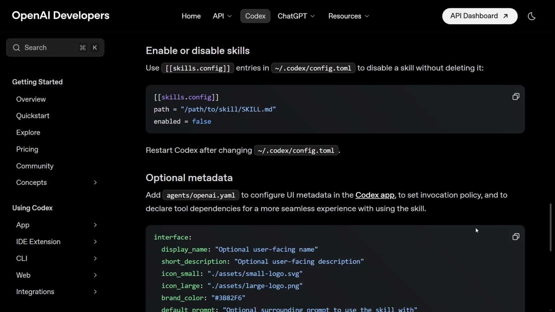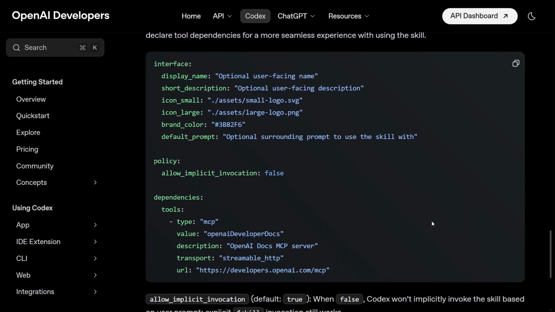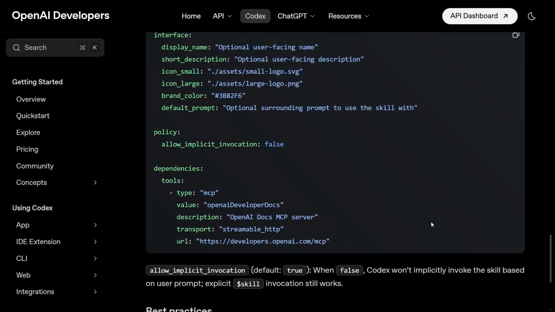Be clear in trigger conditions, explicit in steps, and minimal unless you need scripts. So again, this is about moving logic out of the prompts and into reusable systems. Once you start thinking this way, you stop repeating yourself.